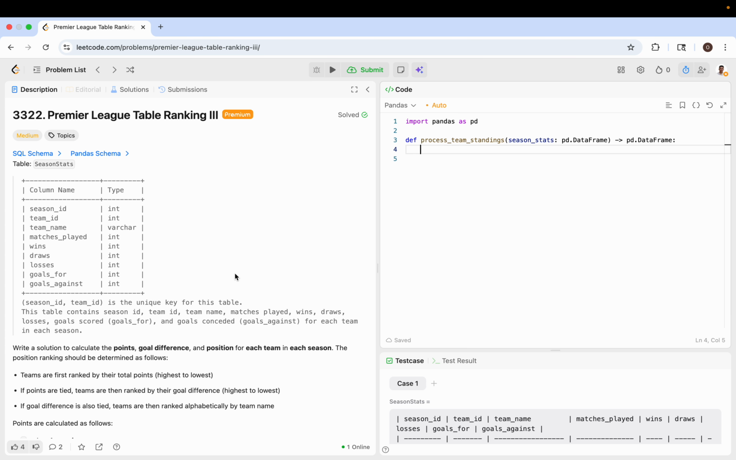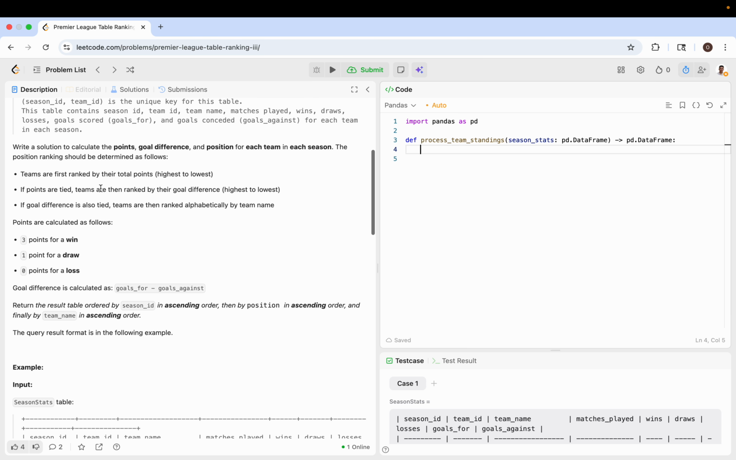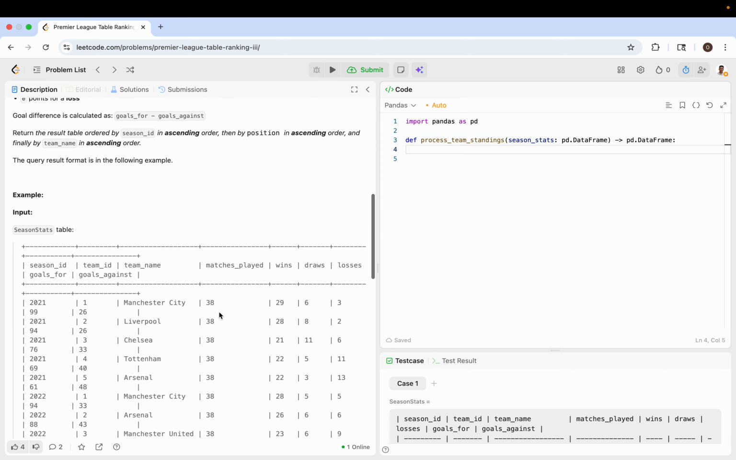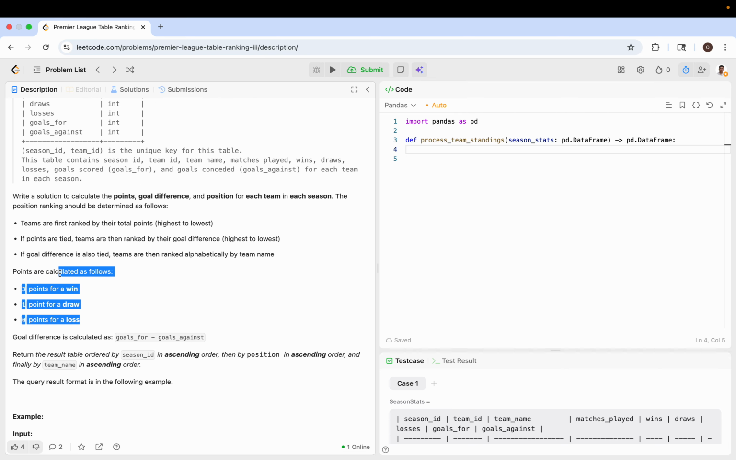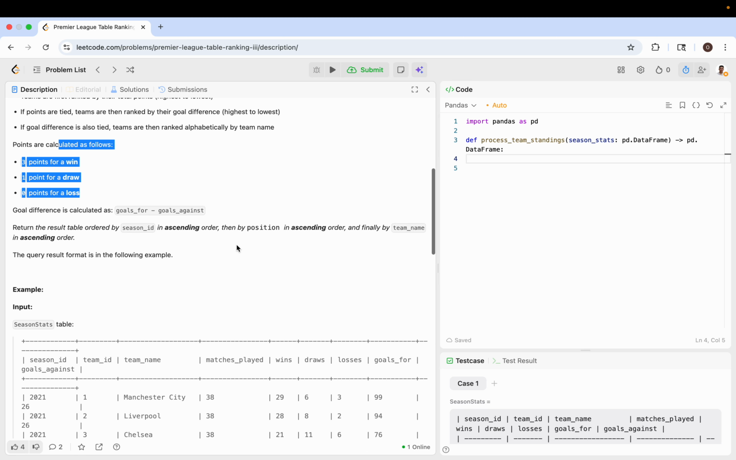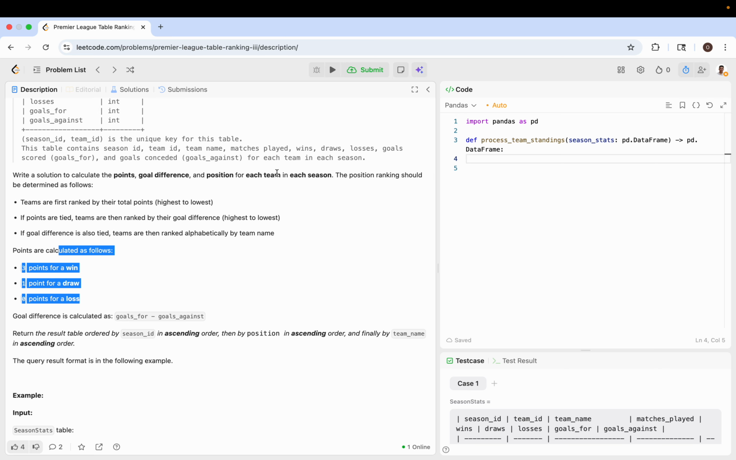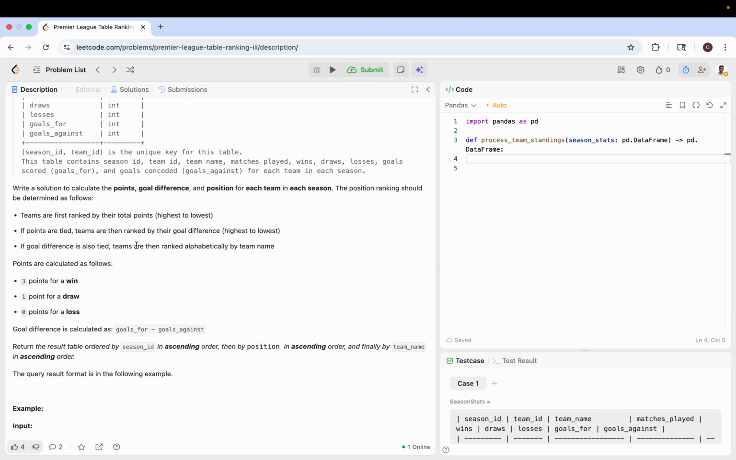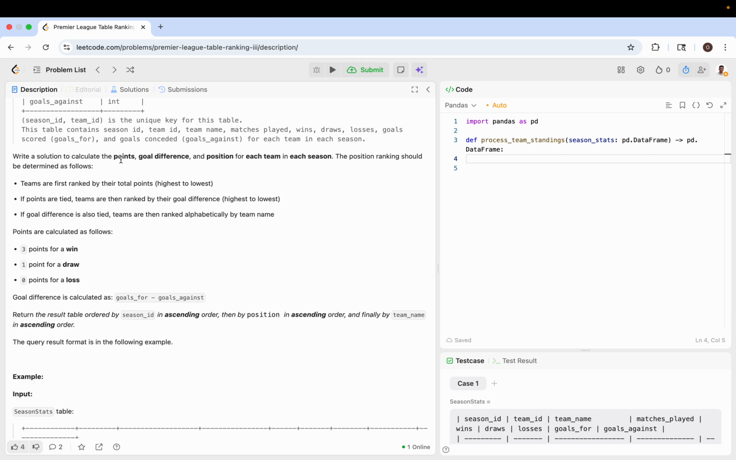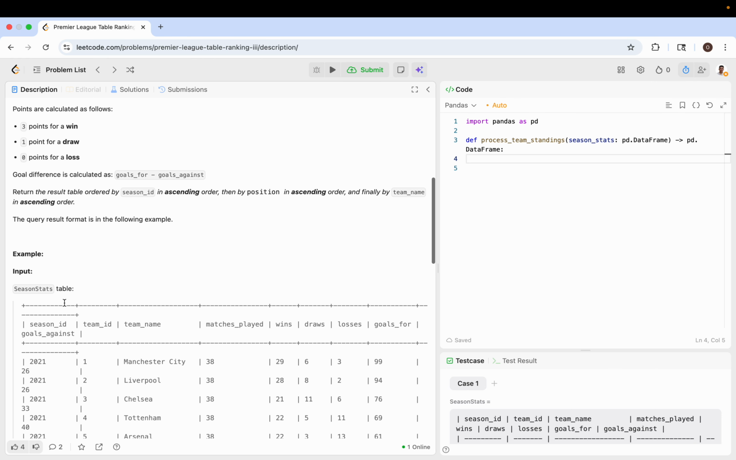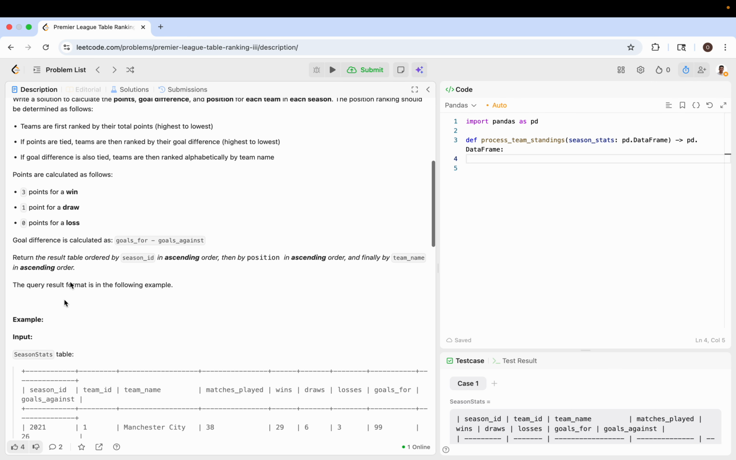Okay, so basically you're trying to calculate 6 different columns based on information you have. So for each season, let's go line by line because there's a lot of information here. We want to calculate for each season. So the season and the team ID are going to be,